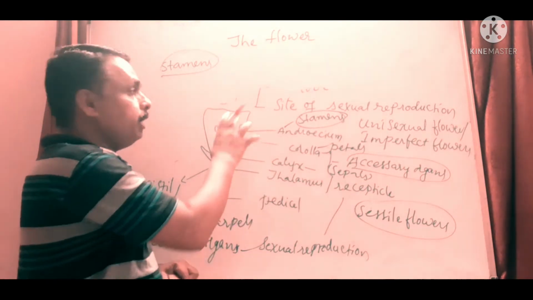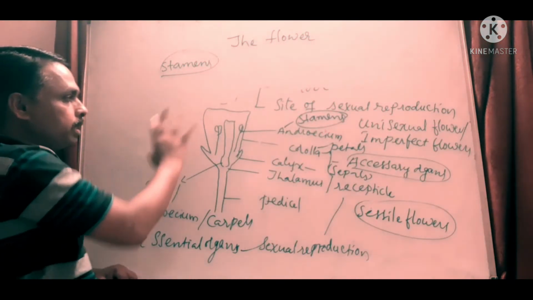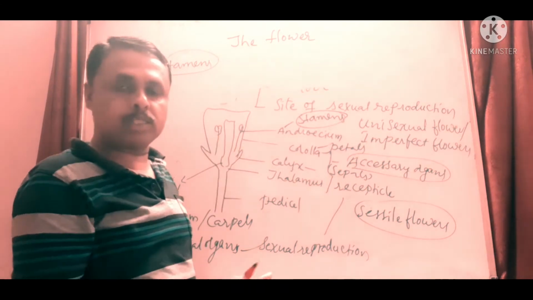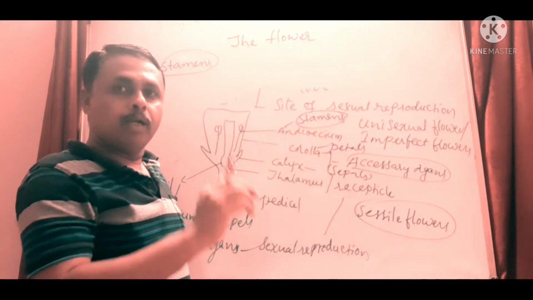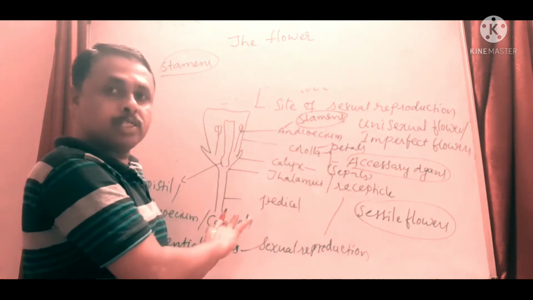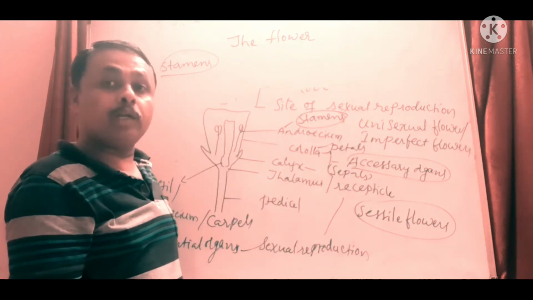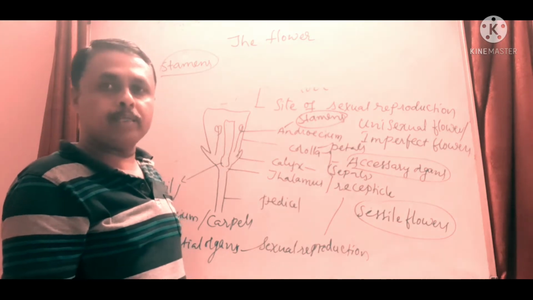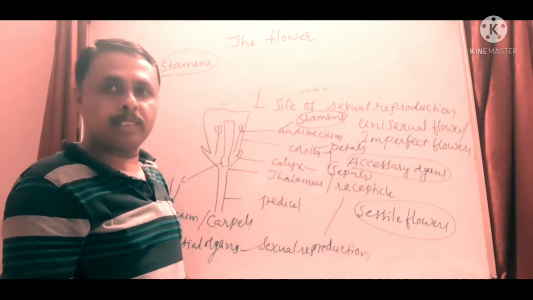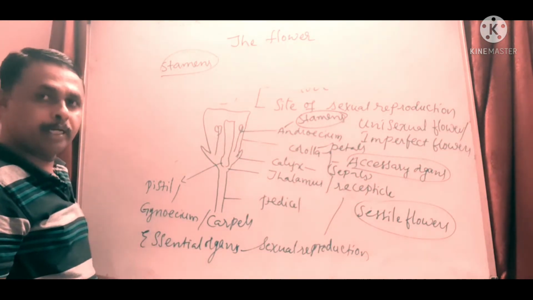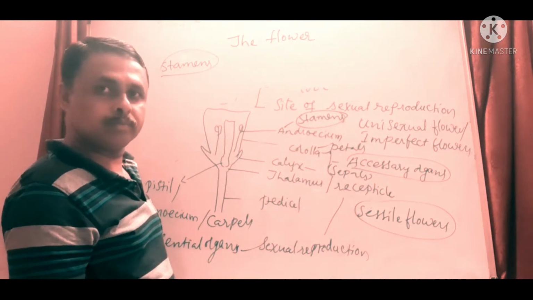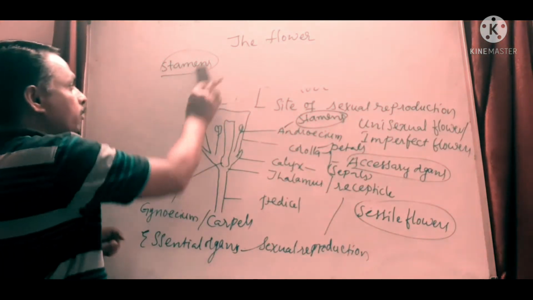Now, if androecium and gynoecium both are present in a flower, it is called a bisexual flower, or hermaphrodite, or perfect flower. Suppose any one of these essential organs is missing, they are called unisexual. If androecium or stamens are present in a flower, it is a staminate flower. If gynoecium is present, it is called a carpellate flower or pistillate flower. That's about that. And now we are going to talk about